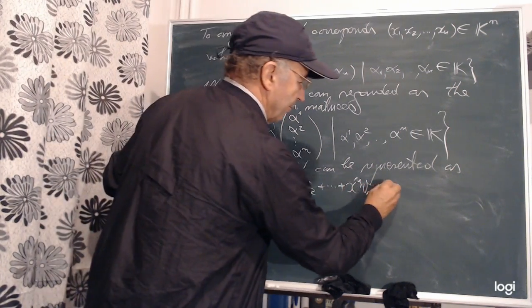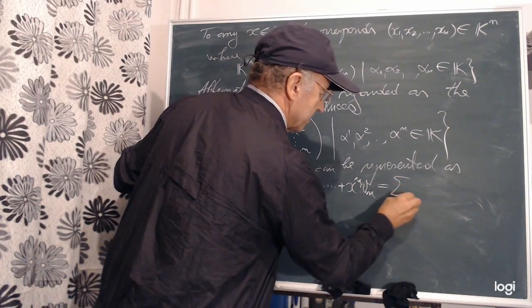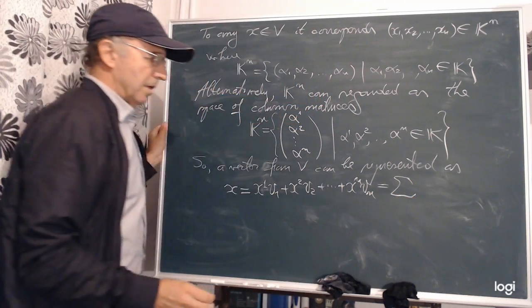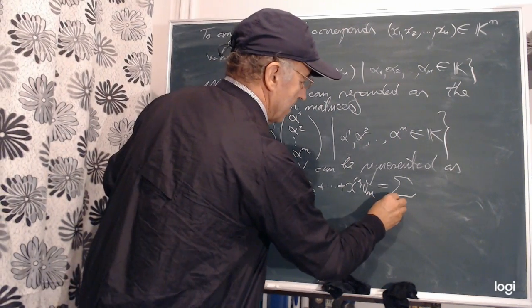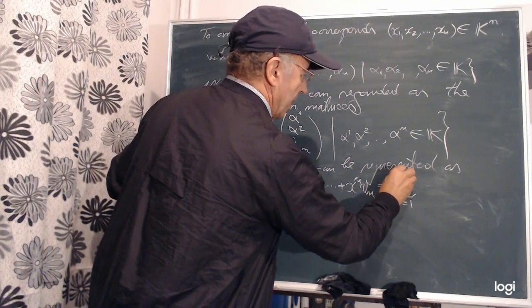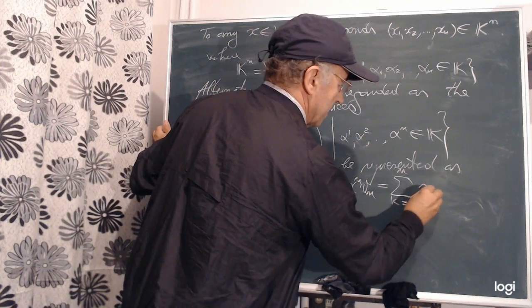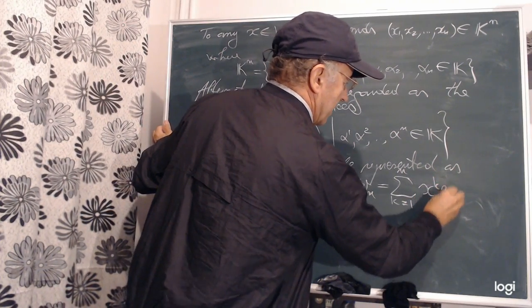Or we can write this in the following way: a sum for k from 1 up to n, xk vk,